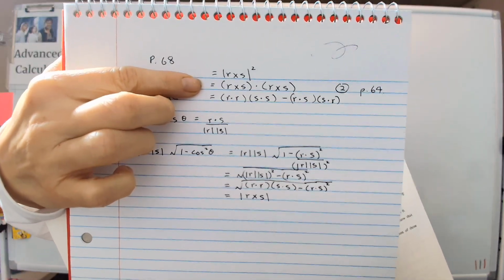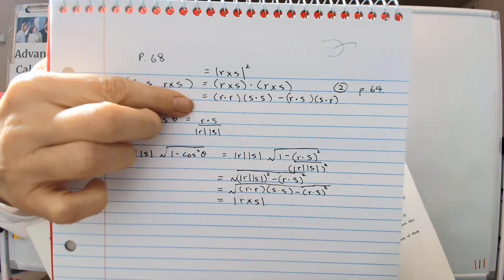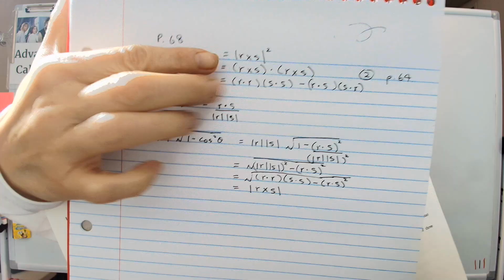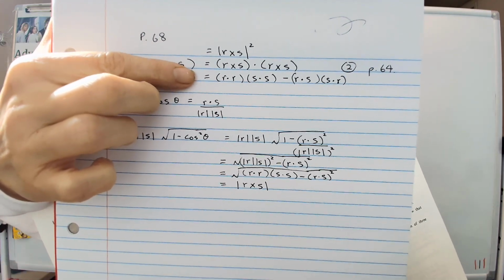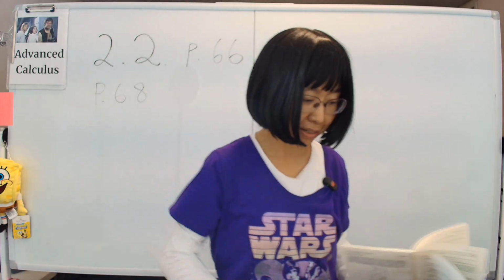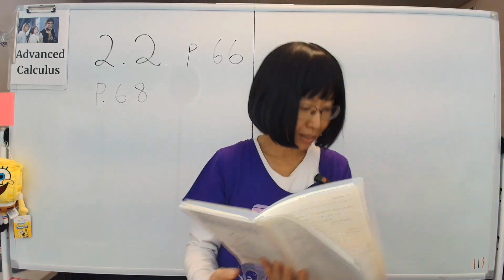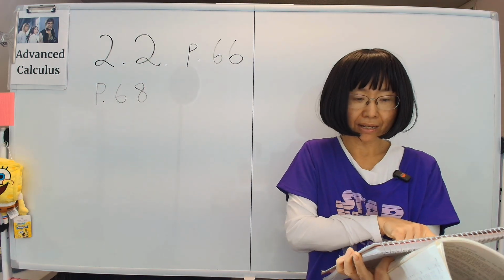Well, that's a different problem, but we're doing the same thing. So we're doing r cross s dot r cross s, which by Lagrange's identity equals this: the first thing dot the first, and second dot second, that sort of thing. Okay, so please confirm this. And so there is no square in there. And as a result of that, by the time you get through that, that would mean